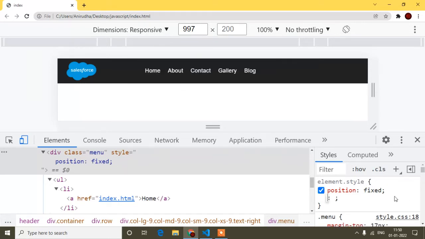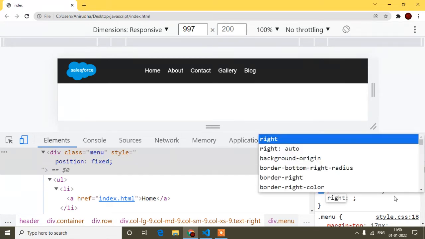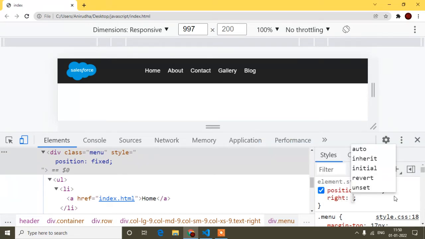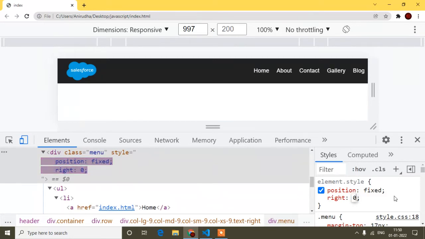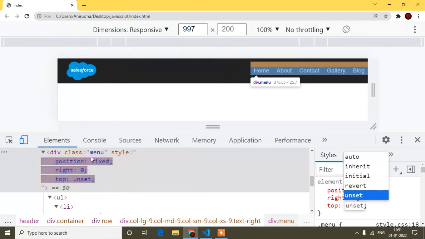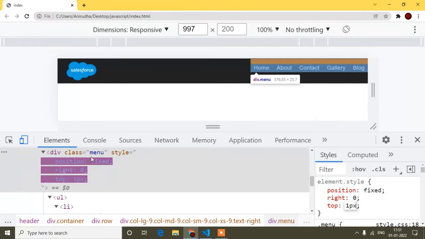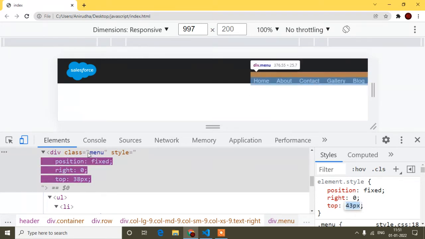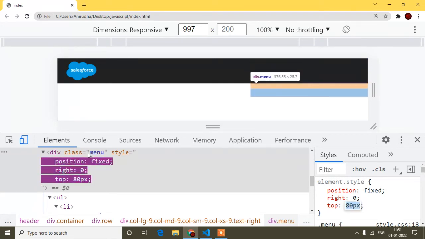Then I have to write the right position, so it will come from the right, which is 0. And if I hover, this menu is starting from here, so for top I will first set 1 pixel.